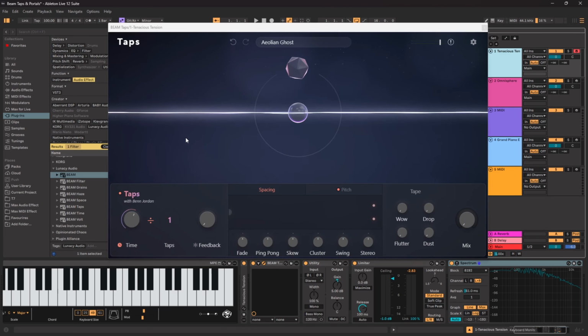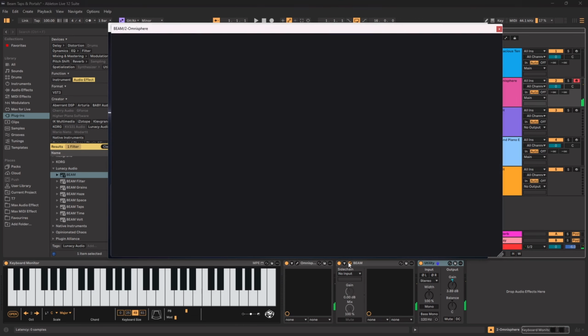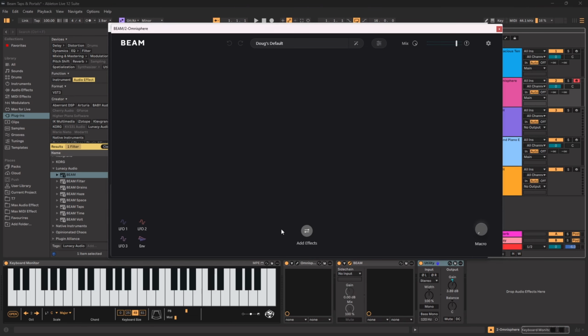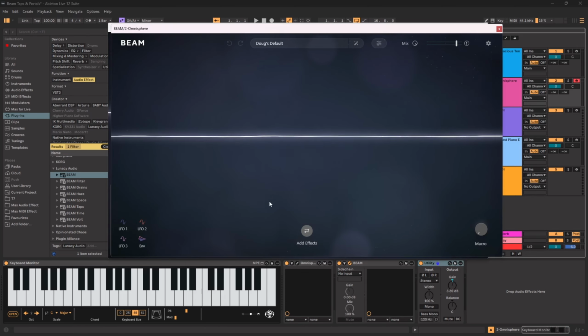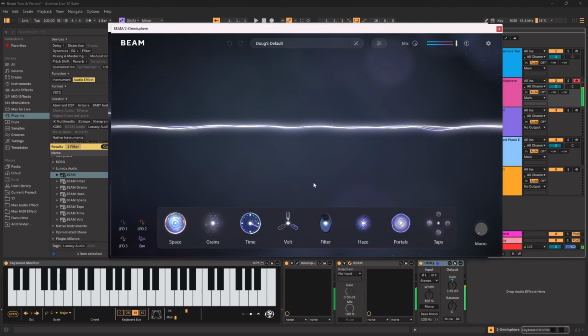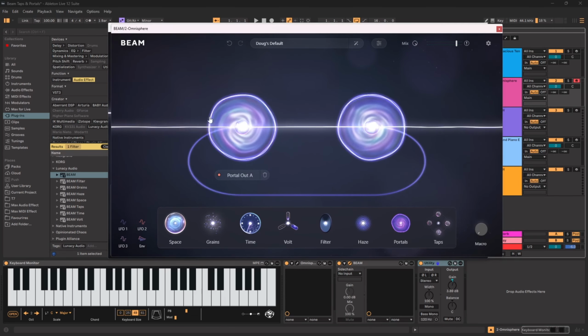Okay, so also, if we just quickly go over here and into Omnisphere, and I open up Beam here, inside the main Beam ecosystem app, if we tap on effects here, you'll see that we have this new portals effect. And this lives inside the main Beam system. And what this does is, if we load it in here like this, you'll see it creates a feedback network,